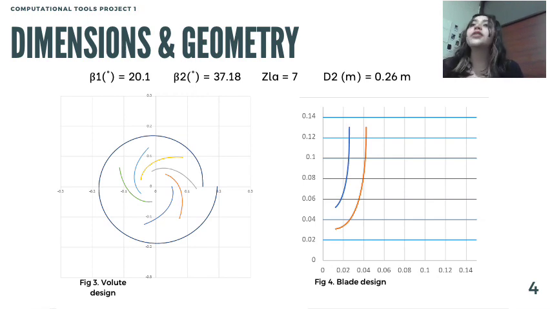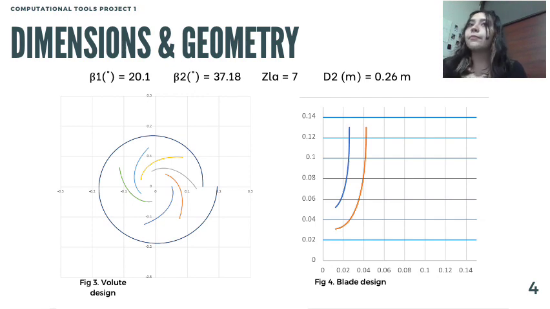Our parameters were Beta 1 20.1 degrees, Beta 2 37.18 degrees, 7 blades, D2 0.26 meters. In figure 3 we can see the blade design, and in figure 4 we can see the